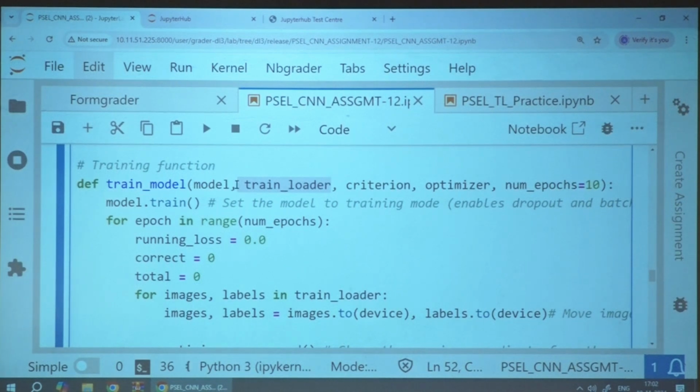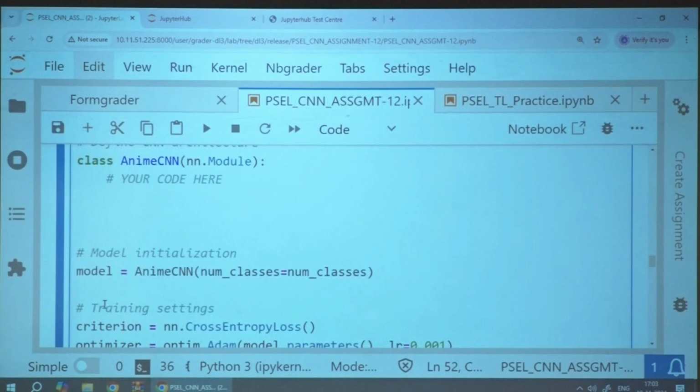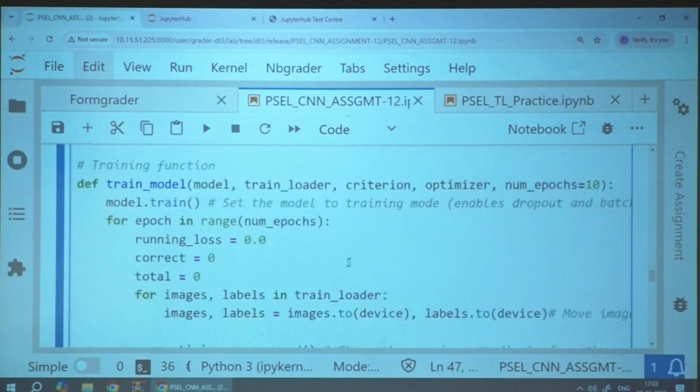What does the train loader consist of? Data in terms of mini batches. The pre-processing phase itself: starting from the entire data set, applying the transformations, dividing into the data sets and dividing into the mini batches, so that the data is ready for processing and feeding to the neural network. That is what is there in the train loaders. That part has been implemented and executed and is given. So we pass this train loader, the criterion that we just defined, nothing but the loss function, and the optimizer we defined, and the number of epochs you want to train for.